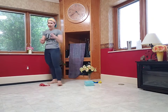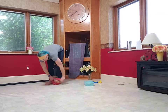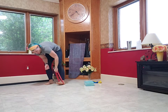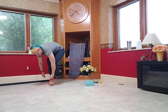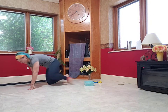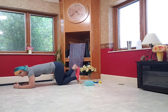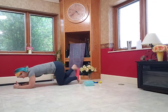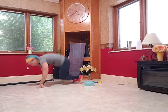So for our kickbacks, you're going to have 2 options. You can bring it down to tabletop. And with tabletop, you're going to put it on the right foot and around the left ankle, coming to your elbows or your hands, and then your right foot stays flexed. You're going to push that heel back and bring it in. If you want more intensity,